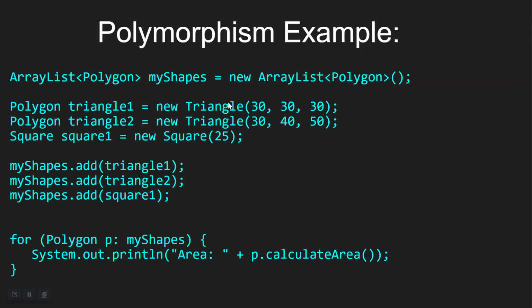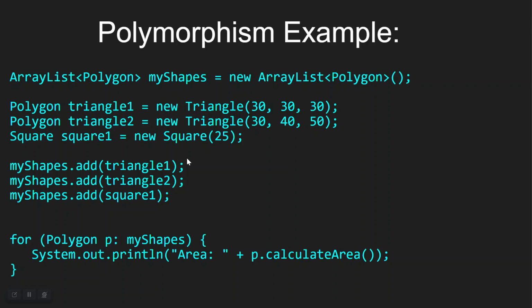So I've got objects of the Triangle class being stored as Polygon variable types. Now down here, I've got Square square1 equals new Square. So I've got a Square object being stored as the subclass variable type Square. So I can go ahead and add those into my